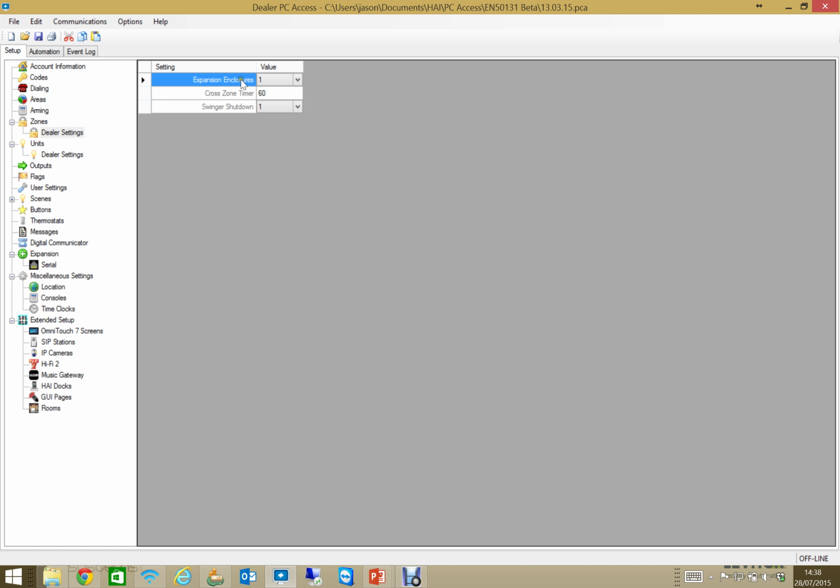Under dealer settings here, this is where I add expansion enclosures. I can have up to 8 expansion enclosures, and my 64 zone wireless counts as expansion enclosures. In fact, a 64 zone counts as 4 expansion enclosures, because each expansion enclosure is 16 zones. So I've only added 1 expansion enclosure, and that's given me an extra 16. If I add 4, it gives me 64 more zones that I can have